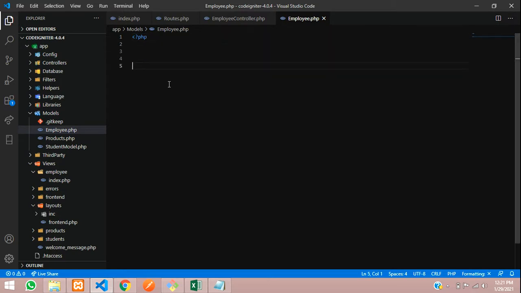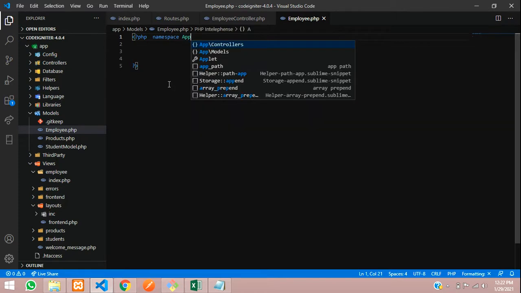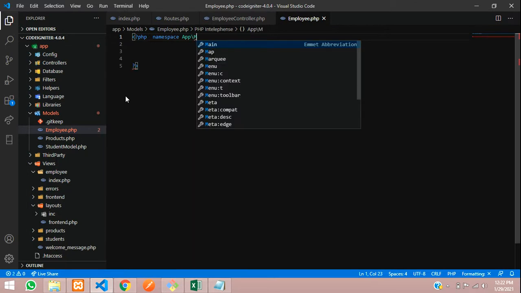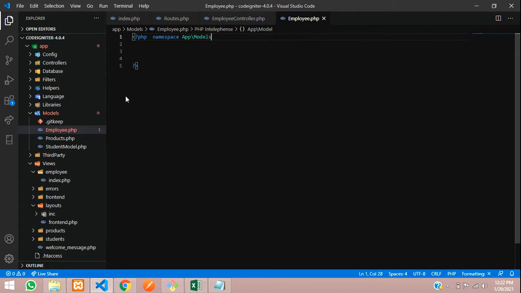Open PHP and close PHP, and call the namespace. This namespace is inside the app folder, inside the models folder, so App\Models, semicolon, and then you need to create a class called Employee.